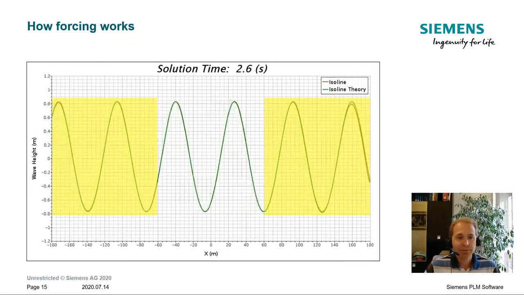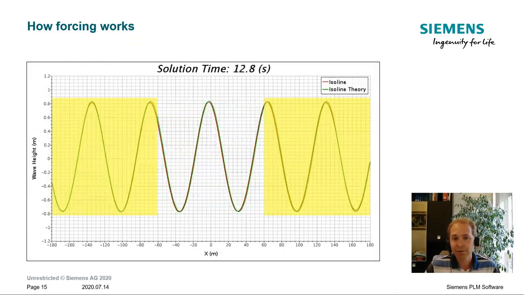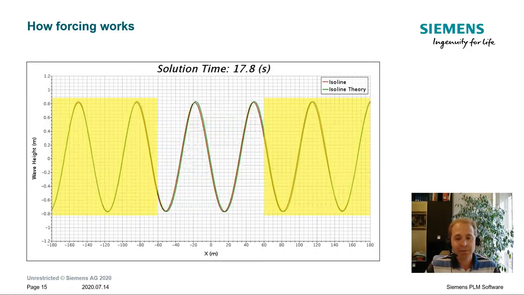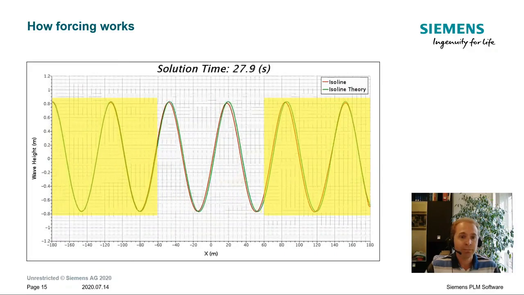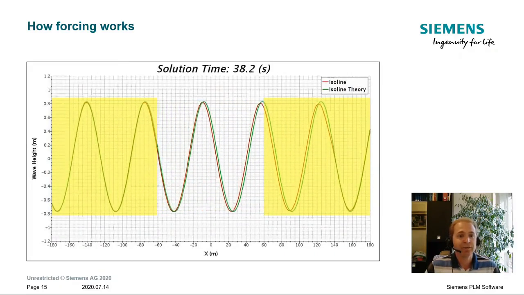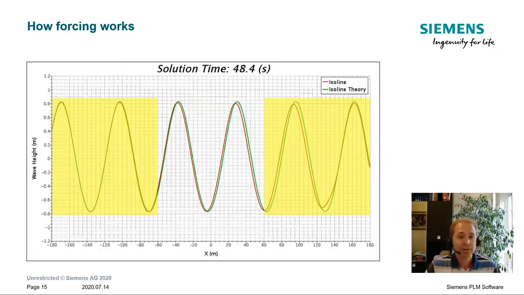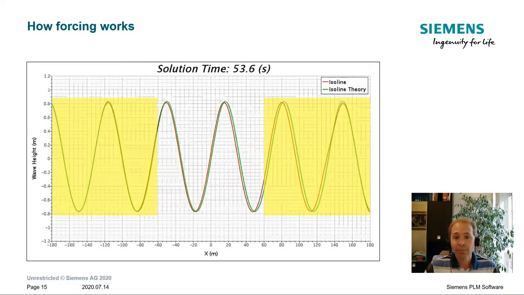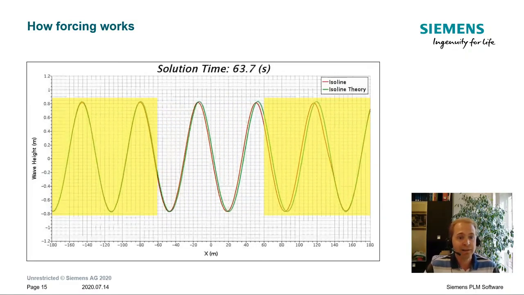The second approach is the forcing, which on the other hand, instead of flattening out the wave, tends to apply some forcing terms in order to push the wave back to its original theoretical formulation. As you can see, it also works excellently,